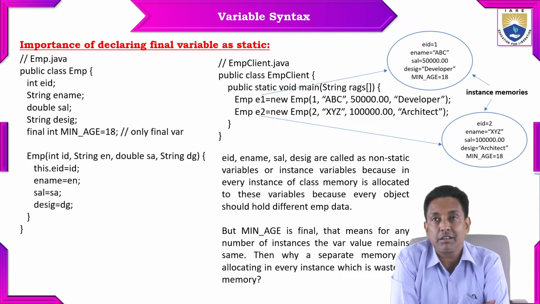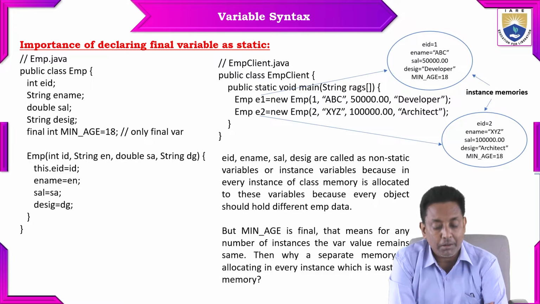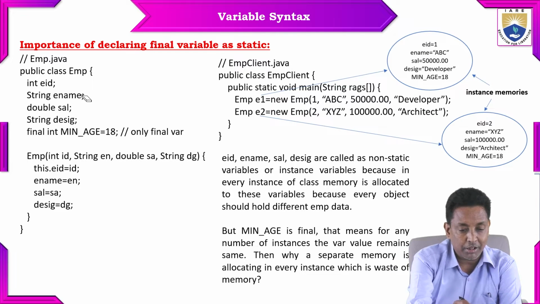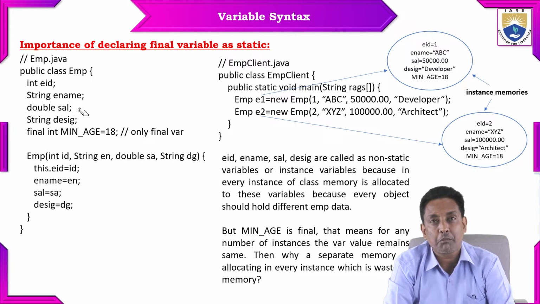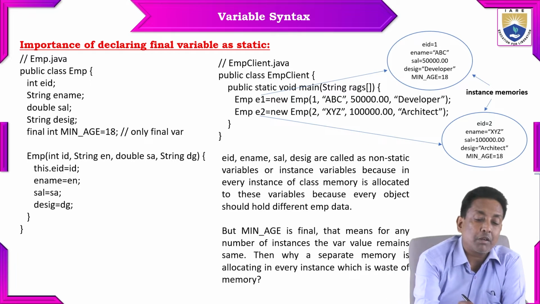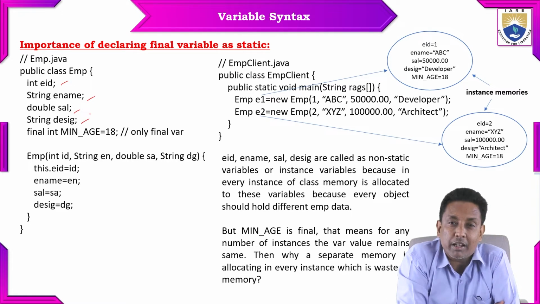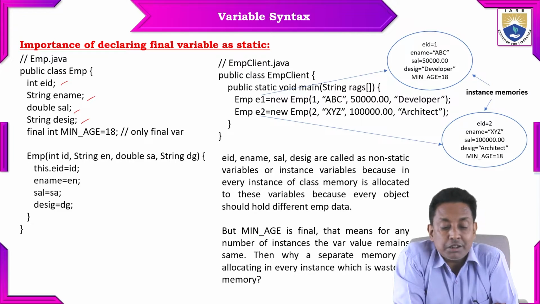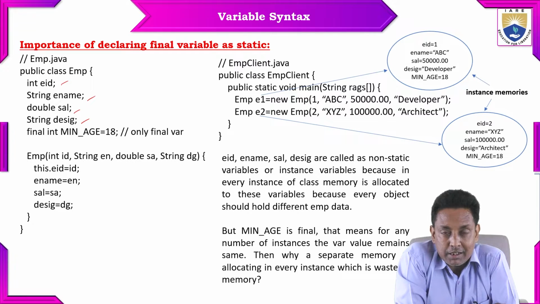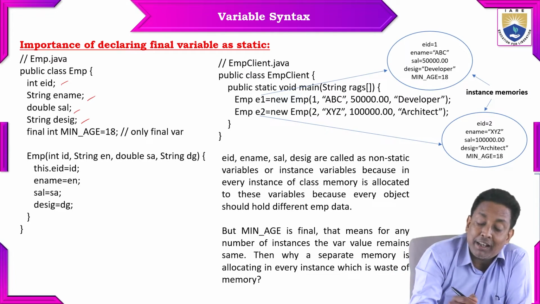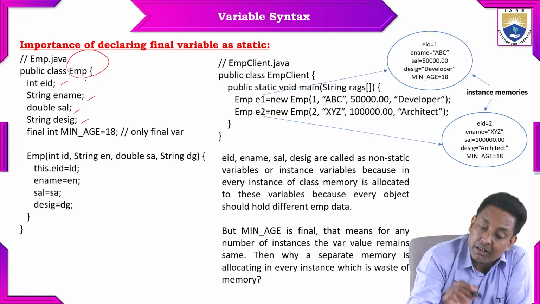Here is one class given the name Employee. How many variables exist in the Employee class? Employee ID, employee name, salary, and designation, these four variables are given in the Employee class. The intention of these four variables is that as many objects of the Employee class are created,